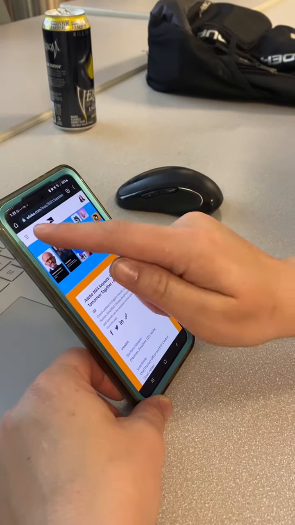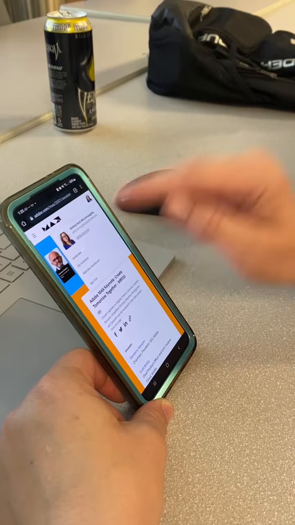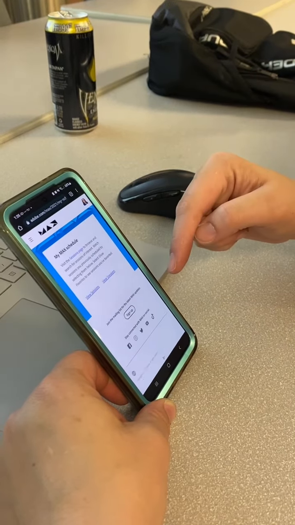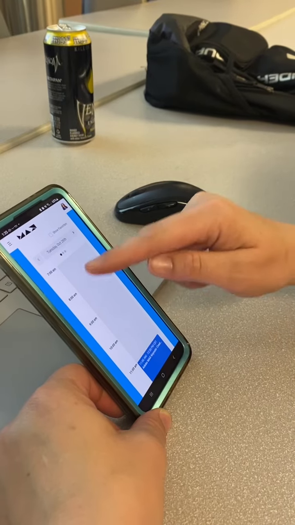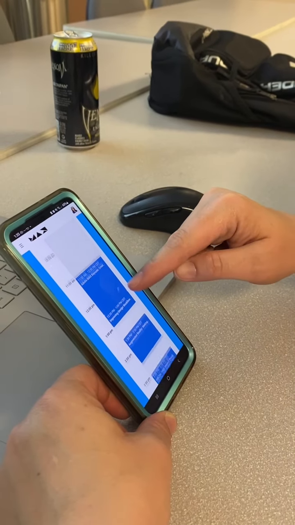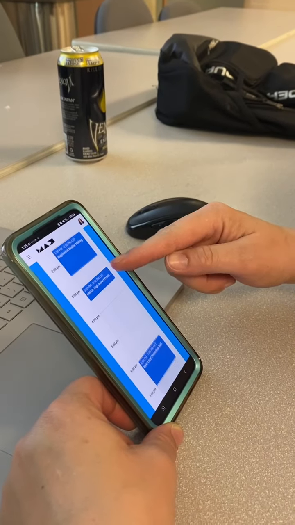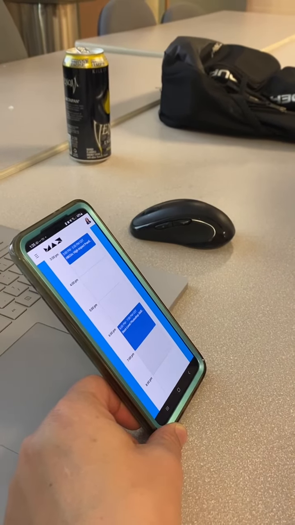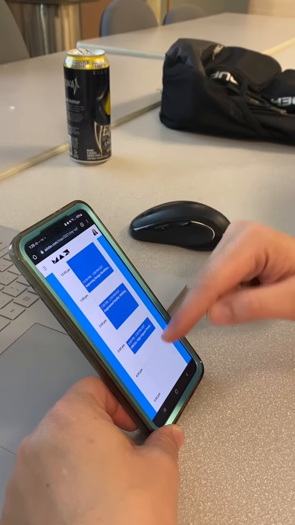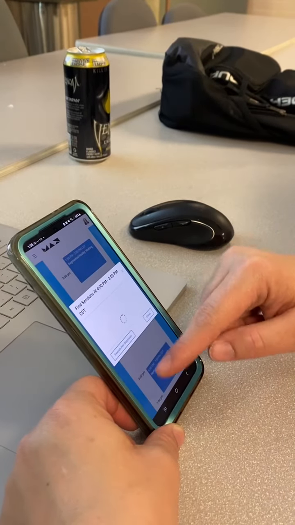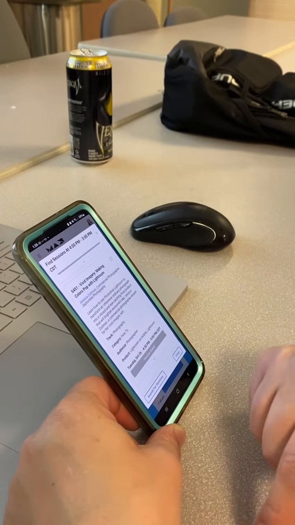If I didn't know what things were for, like I don't even know if I can go to my schedule. There we go. So Tuesday, this is where my schedule is. I had the keynote, then I had this, then I had this, then I had this. These were all my sessions that I chose at the time. So I had big blocks in here that I could then search by time. I could click on there and say, well, these are all the sessions that are available during that time.